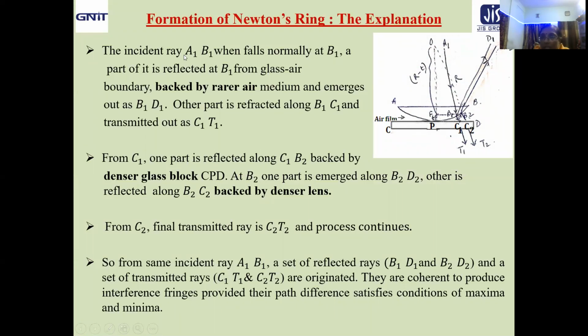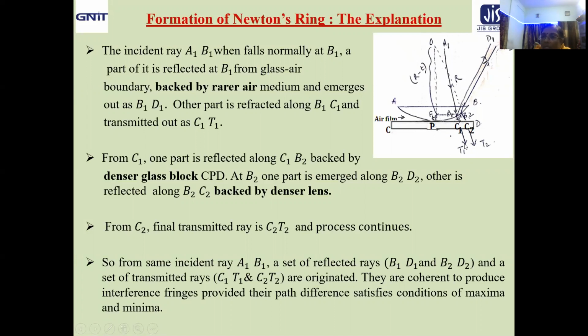Now, let us start with the incident ray, that is A1 B1. We are considering incident monochromatic light A1 B1, which is falling normally on the upper surface of the air film at B1. Now, there is a surface of separation between the lens and the air. Naturally, one part from B1 will be reflected and emerge out as B1 D1, the reflection taking place from the rarer air medium. The other part at B1 will be refracted along B1 C1, and at C1 it will emerge out as a transmitted